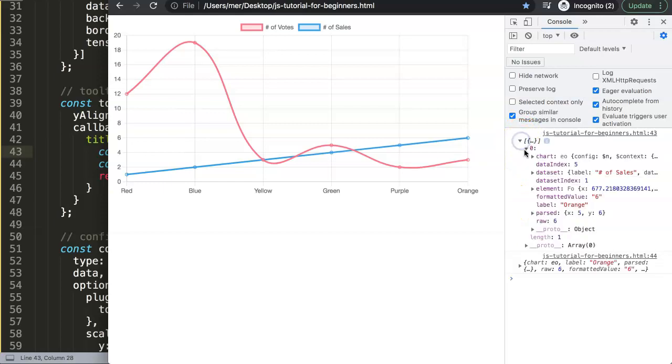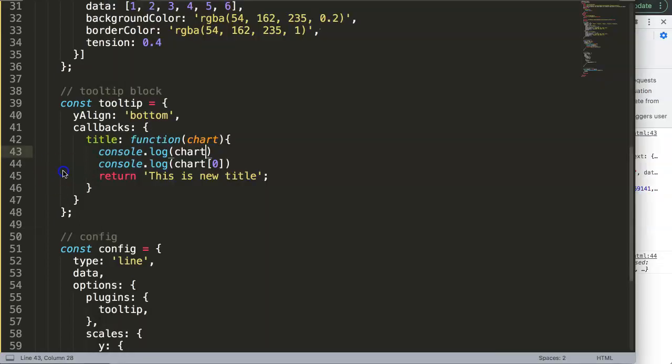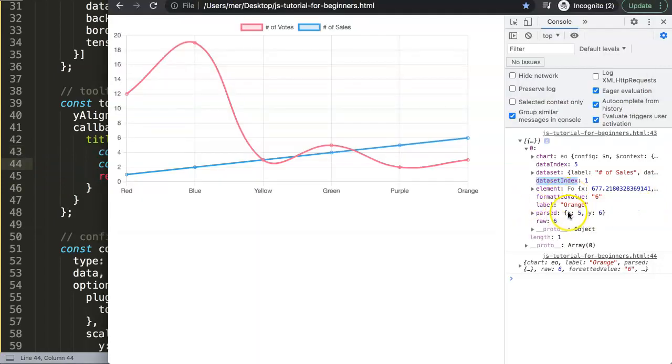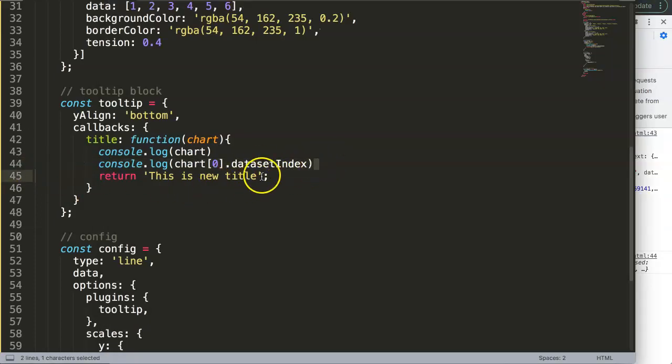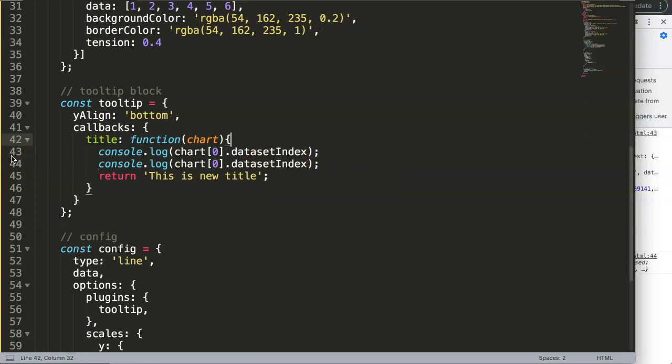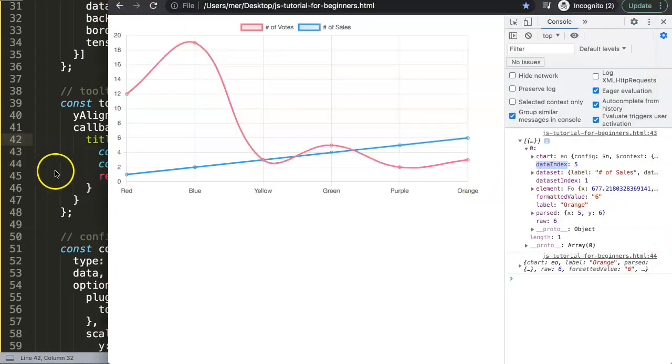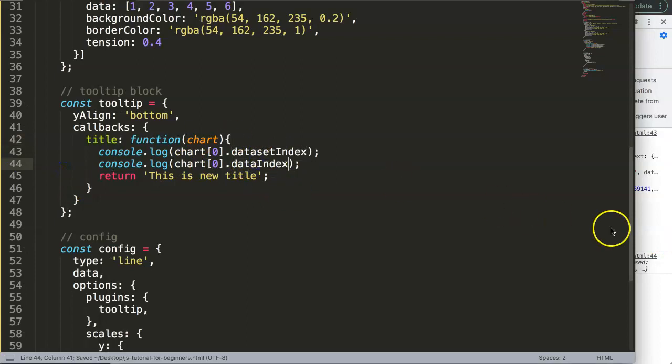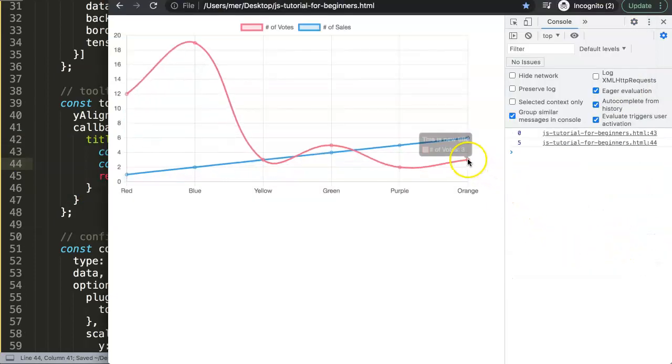However, ignore that. We already know how to read JavaScript, so that's why 0, and then in here you can grab dataset index. So all we do here is this dataset index, and also the same for the data index. So if you just copy this, I'm going to put it down here. Alright, semicolons here, although it's not necessary anymore. I see more and more people stop using that. However, it doesn't matter. So if I save this now and refresh, you can see the moment I hover over it,